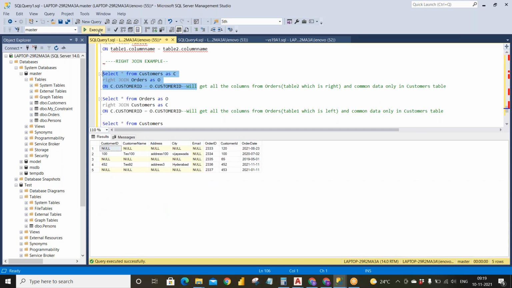Okay, when we execute this, we will get all the data from the orders table and the common data between the customers and orders tables, and the rest of the data will be filled with nulls. In the same way, we will get all the data from the customers and the common data from the orders table.